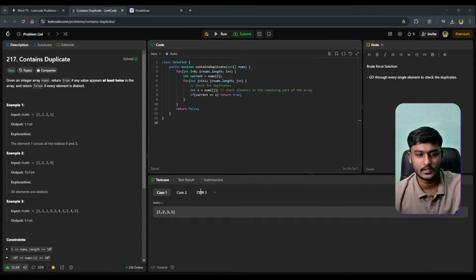we'll go to the third iteration. In the third iteration, i's current value will be current equal to 3. So as you can see, because we have used